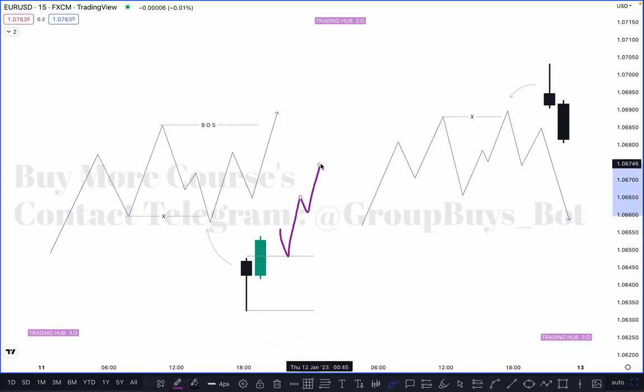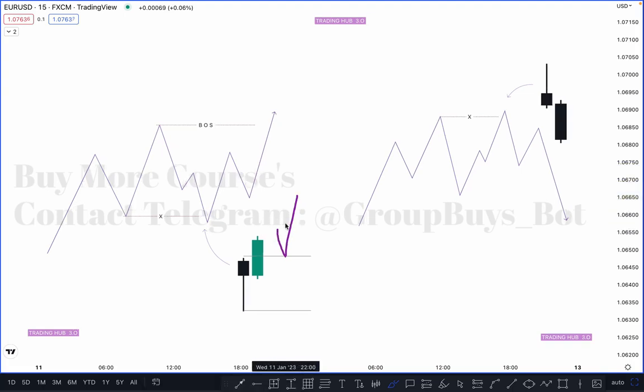the market does not create any imbalance. Remember one thing, the market must create a proper imbalance to confirm this IFC candle as a valid buy. But sometimes the market does not move like this. So what happens here, if the market does not create any inducement, simply you can refine this one like this, because this shadow we can use as a demand zone, because this candle took out the previous candle low, which is here like this, okay. So if price taps this zone, simply you can buy here